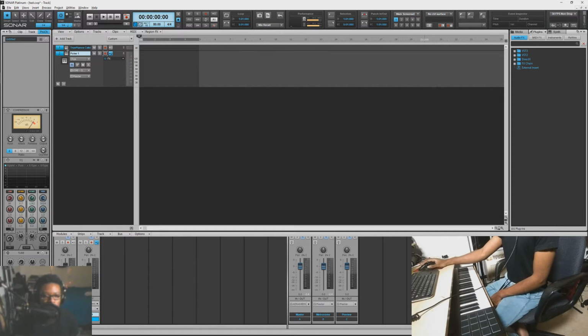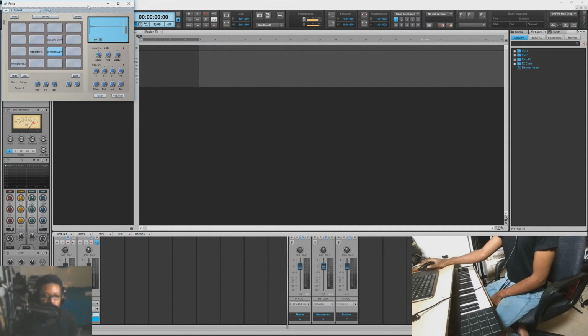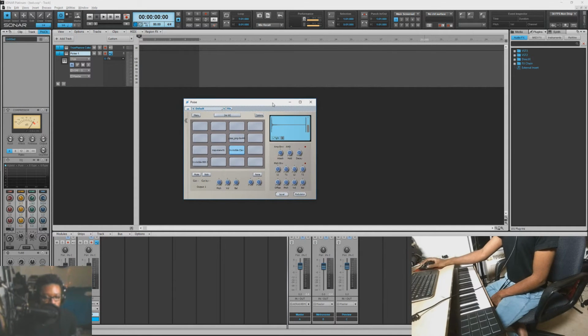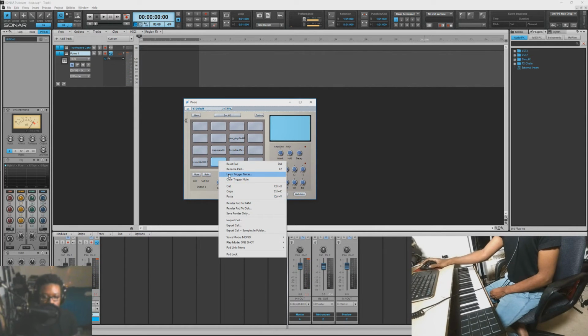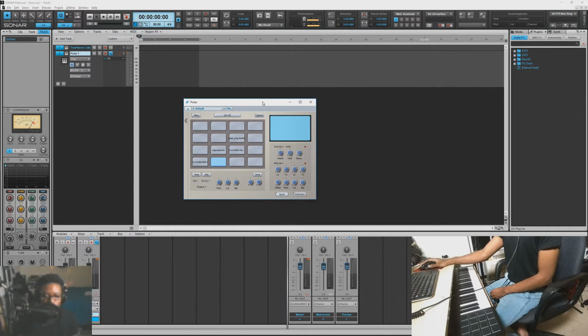So I'm using a plugin called Poise. It's like an MPC emulator type of thing. And what I've done is I've mapped these different pads to the pads on the VI49, and it's really easy to do. You can just right click and learn. So if you're not hip to Poise,